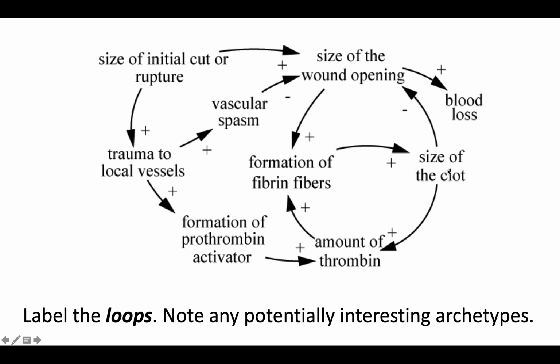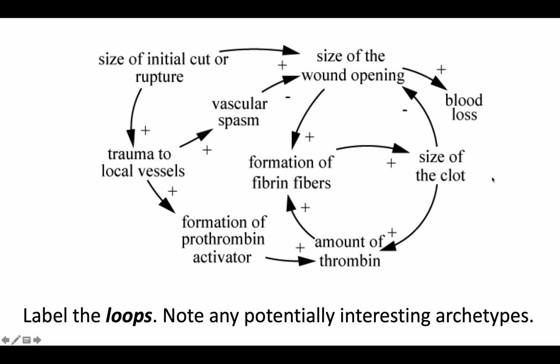So as the size of the clot increases, the amount of thrombin looks like it increases, which also increases the amount of these fibrin fibers. I don't need to know what thrombin or fibrin fibers are, but to know that this is a positive feedback loop, I might only understand this size of the clot. And I can see that as the clot gets bigger, there is a process that will make the clot even bigger. So there is a growth loop here, but this doesn't go on forever, because as the clot gets very big, eventually it closes the wound, and as the wound closes, these fibers stop forming, and so there's a negative